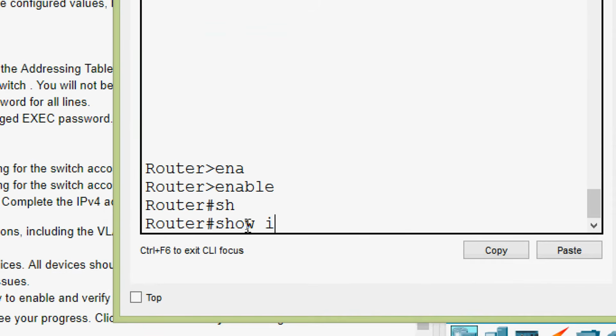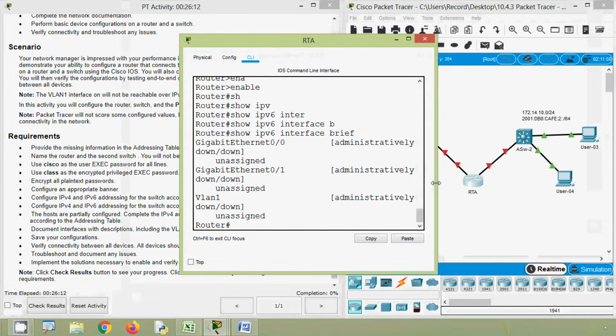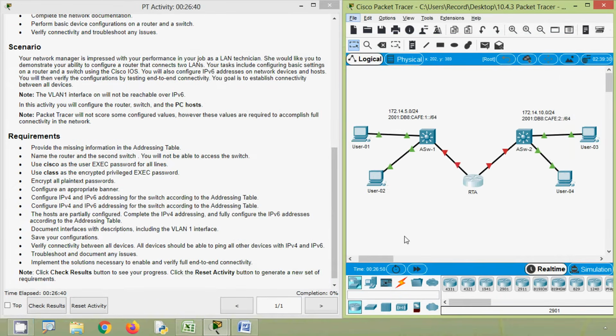Enable, show IPv6 interface brief, and here we can see IPv6 address also not assigned for these interfaces gigabit Ethernet 0/0 and gigabit Ethernet 0/1. Okay, we will plan some IP address for these two interfaces, IPv6 addresses. Okay, here